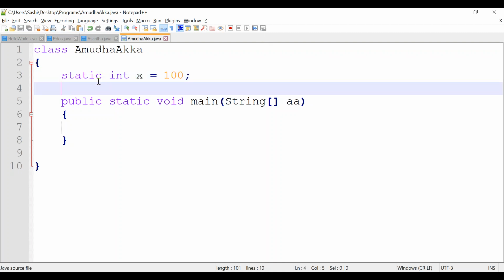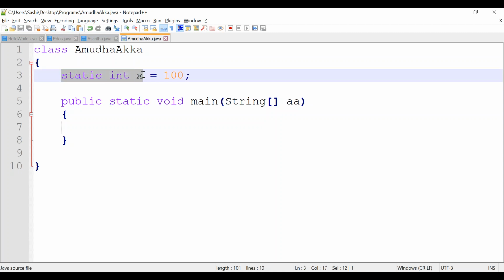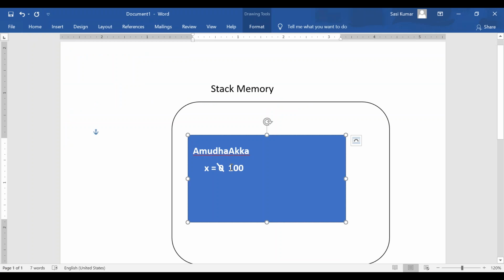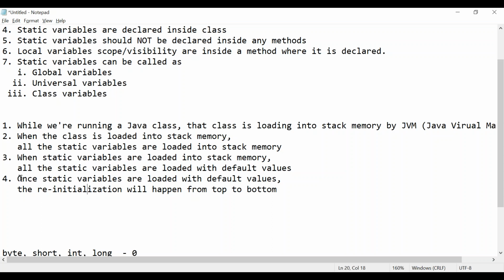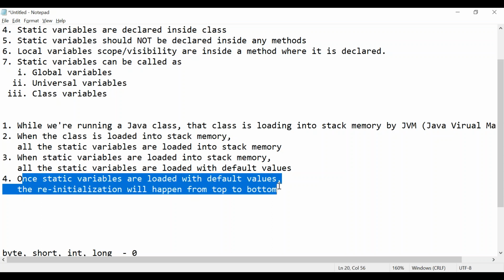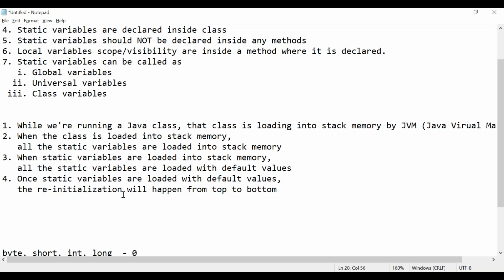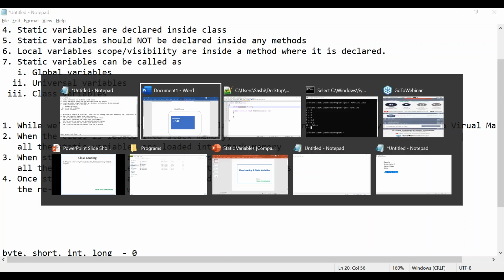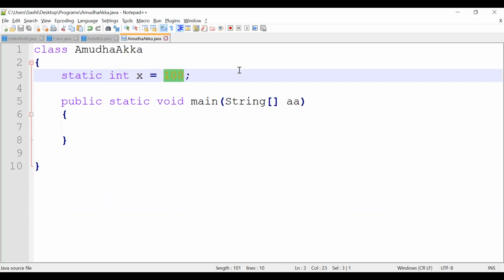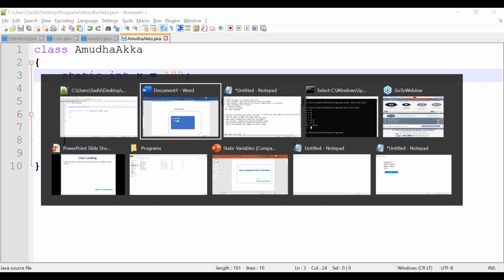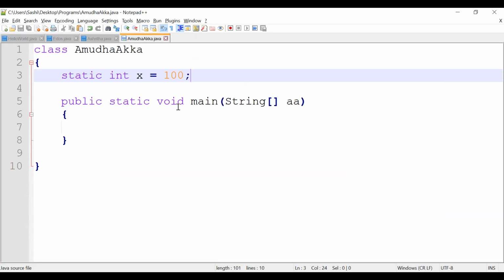Third point, when x is loaded, it is loaded with the default value, 0. The fourth point is, once static variables are loaded with default values, reinitialization happens from top to bottom. What is the reinitialization here? x will be reinitialized with 100.